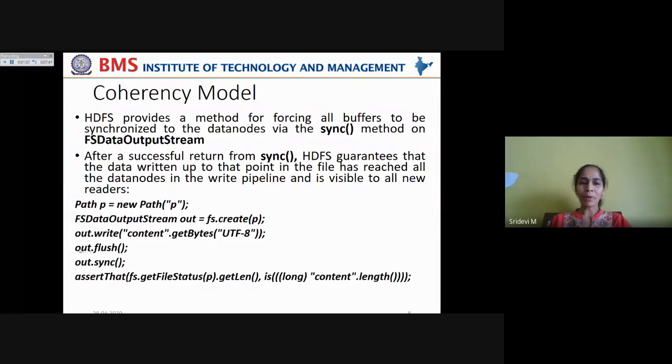So what you have to remember in this case is that once the data is flushed from the output stream, you should also call the sync method so that it ensures the data reaches all the data nodes in the write pipeline.